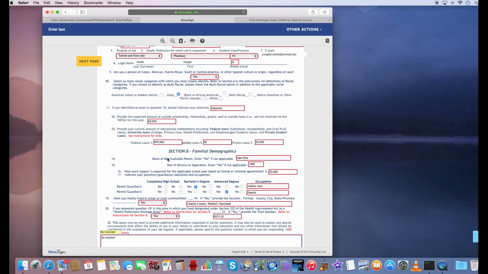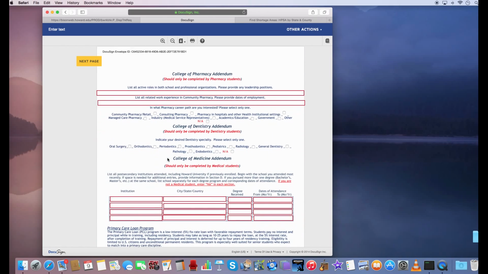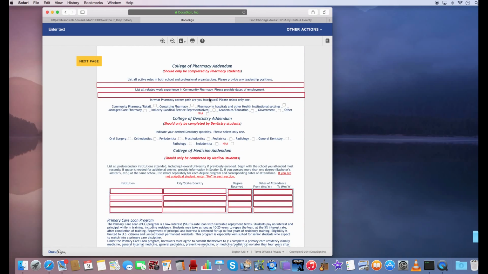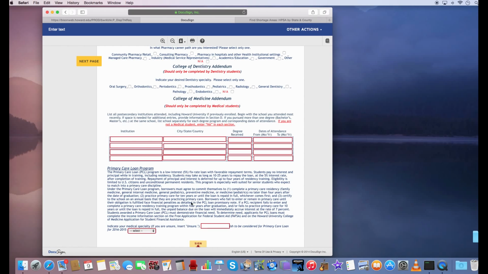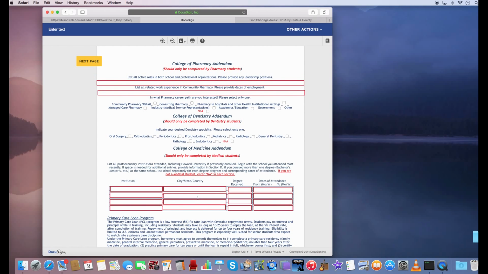That is the main portion of the application. The second part are the addendums. So if you are a pharmacy student, we ask that you complete this portion here, dentistry, this portion here, and medicine, this portion down below. Regardless of your health profession, we ask that you